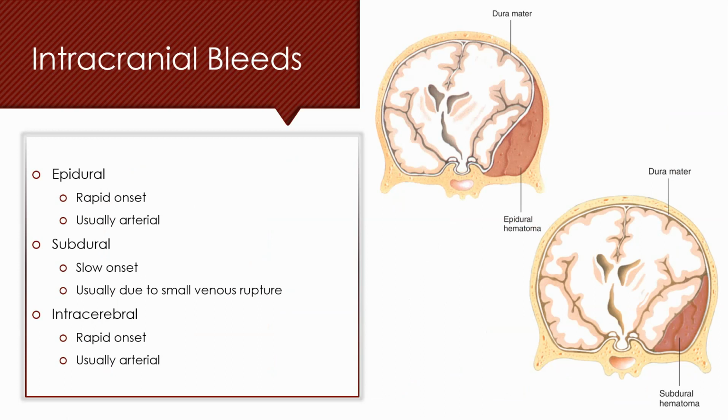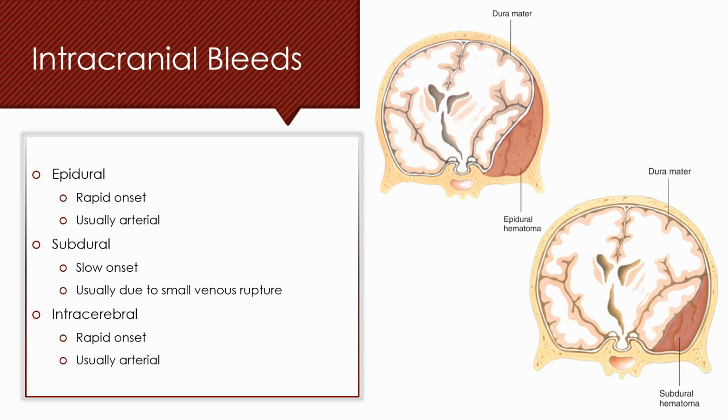Here's the thing to understand. With both epidural and intracerebral bleeds, typically we're going to see a rapid onset, with the epidural and the intracerebral both usually being sourced from an artery. Because they're arterial bleeds, we're going to see those things sneak up pretty quick. We'll start to see those neurodeficits, complaints of headaches if they're conscious, and things that we should be able to